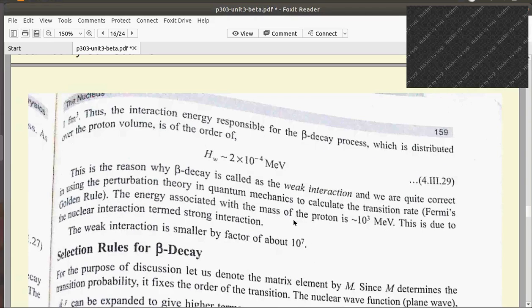Also, the energy associated with the mass of the proton: for a single proton mass, the energy is 10⁵ MeV, whereas this is 10⁻⁴ MeV. This is due to the nuclear interaction. This is why the nuclear interaction is termed a strong interaction. The weak interaction is smaller by a factor of 10⁷. Okay, so I'll stop here. We will continue next time with